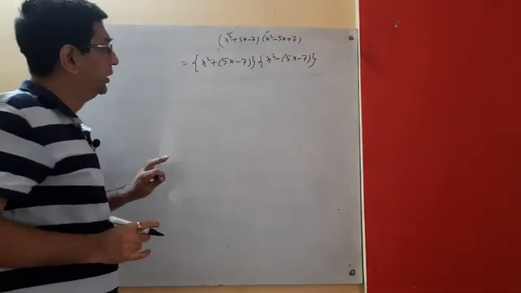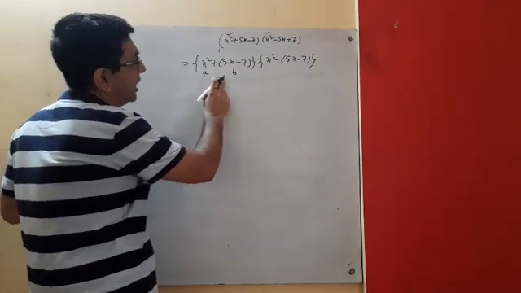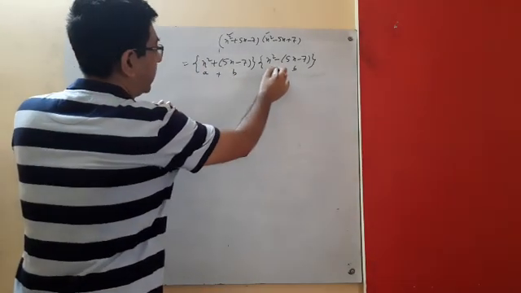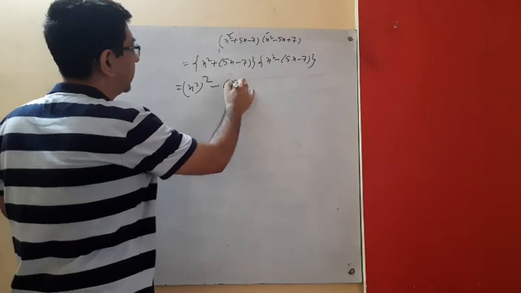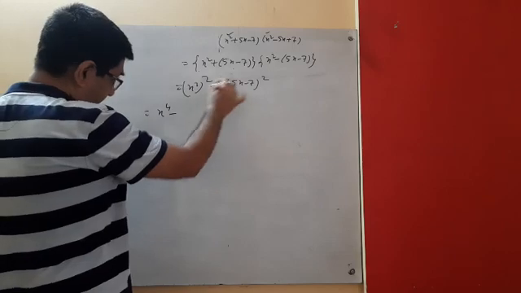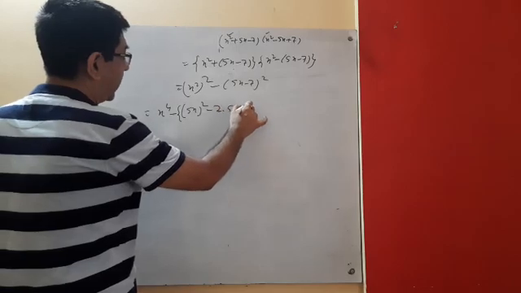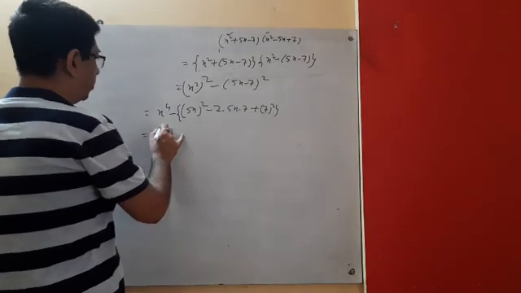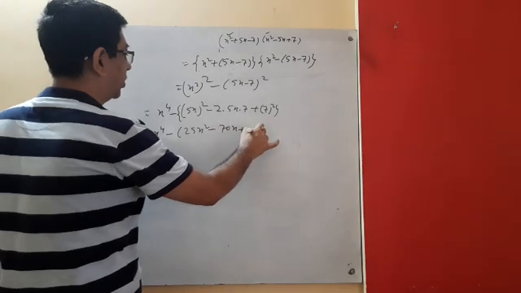Why we are doing this? Look, this is of the form a plus b. This is a. If we consider it a to b, so this is a plus b and this is a minus b form, right? A plus b, a minus b. So what are we getting? A square minus b square. So x square, x to the power 4 minus, this is a minus b whole square, that means a square minus 2ab plus b square. Okay, so we are getting x to the power 4 minus 25x square, 70x plus 49,